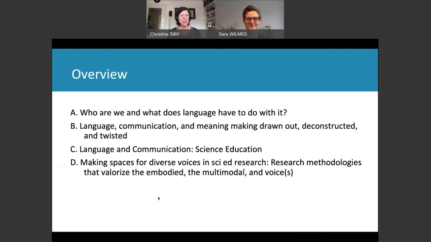The first part we'll be talking about is who are we and what does language have to do with it? From there, we'll move into thinking about language, communication, and meaning making and the ways in which they're all connected. We'll try and deconstruct that a bit with thinking about our own research. We'll move into language and communication in particular as relevant for science education. And we'll close the video by thinking about ways in which we can make spaces for diverse voices in science